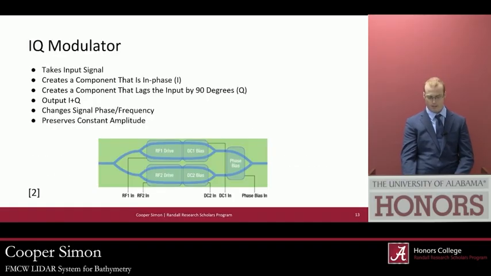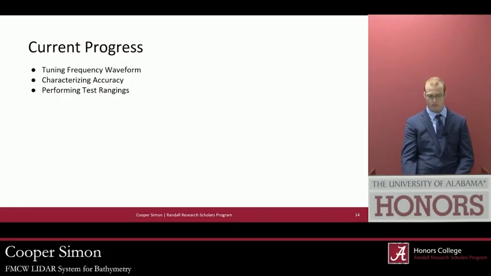The modulator takes the input, which is the laser, and then it creates a component that is in phase with the laser and a component that lags the laser by 90 degrees, and then it outputs the sum of those 2, and by changing the coefficients of the 2, it can change the phase or frequency while preserving a constant amplitude. Some current progress has been focused on tuning the frequency waveform and characterizing accuracy,